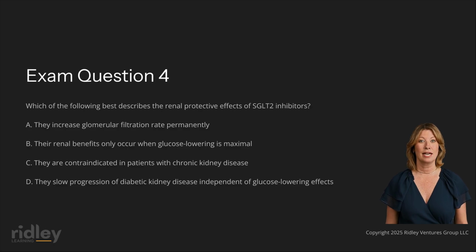control. Multiple landmark clinical trials, including CREDENCE and DAPA-CKD, have demonstrated that SGLT2 inhibitors reduce the risk of sustained decline in estimated glomerular filtration rate, end-stage kidney disease, and renal death. Importantly, these renal protective effects persist even at levels of kidney function where the glucose-lowering capacity of